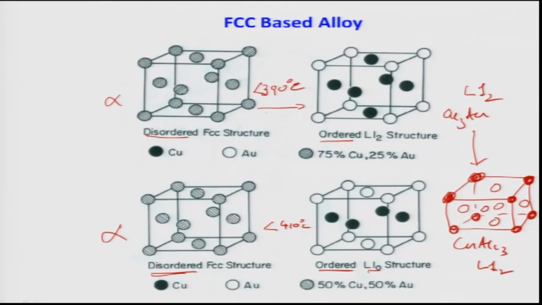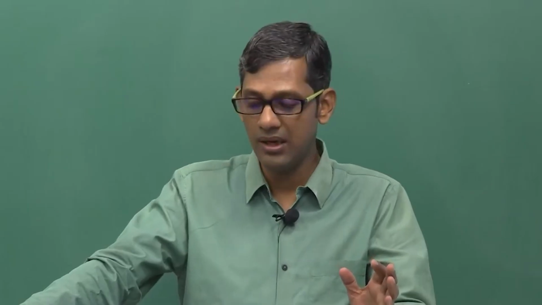If you look at here, nearest neighbors are all gold for these copper atoms. For this copper atom also gold. Similarly for these also, for the face center atoms also, now all the nearest neighbors are basically gold. So what does it mean? That means the bond type which is preferred in the ordered structure is distinctly different from the disordered structure. So one can actually measure the bond energies between gold-copper, copper-copper and gold-gold, and it